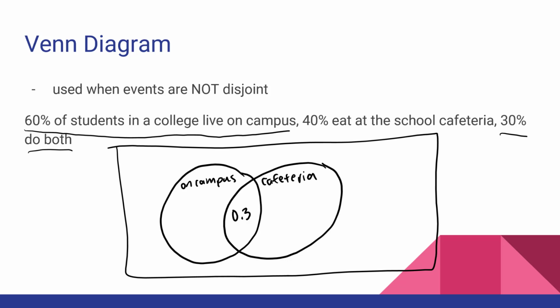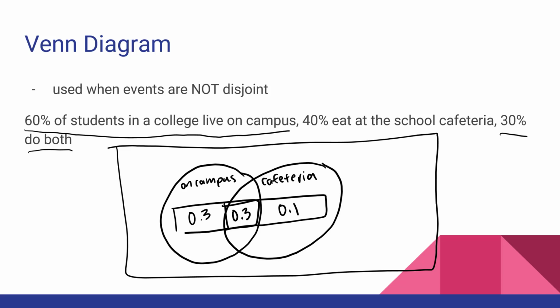That means that outside of this 30%, there's still another 30% out here. So everything here should add up to 0.6. Next, coming over here, we have 0.3 of all the students, both living on campus and eating at the school cafeteria. But we know that it's actually 40% that eat at the school cafeteria. So that leaves 0.1, so 10% of students who only eat at the school cafeteria but do not live on